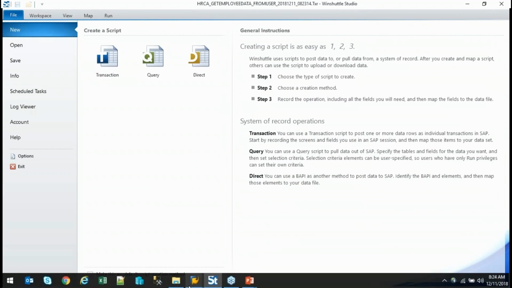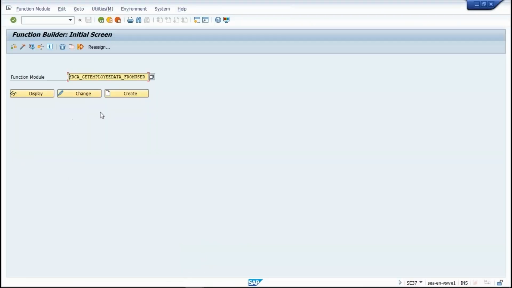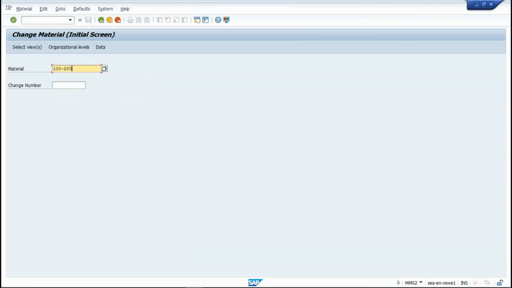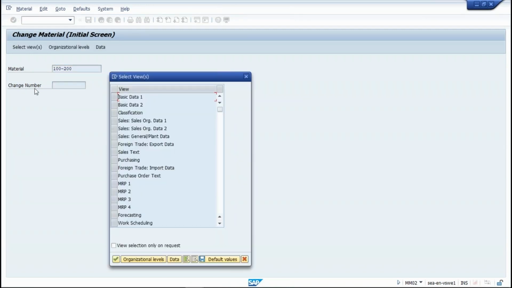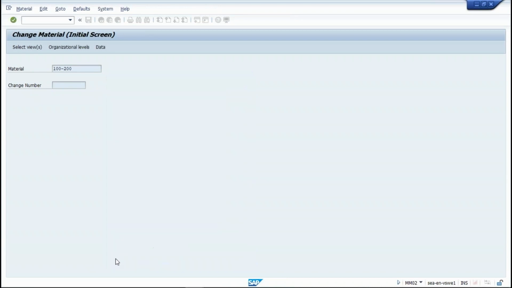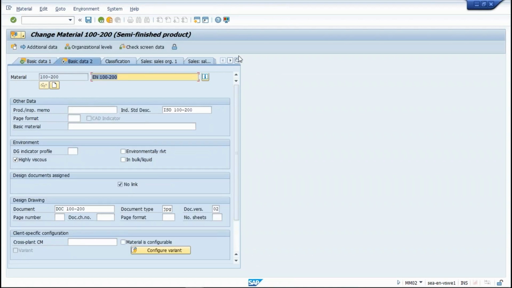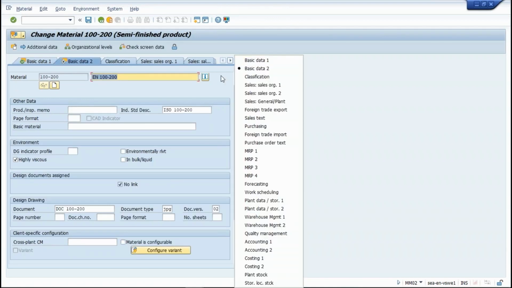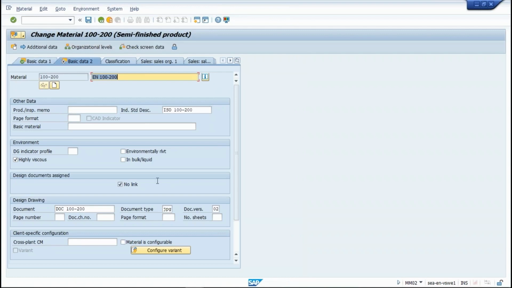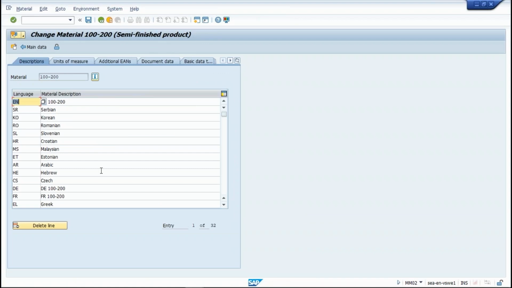So now I want to go to another example that's related to Material Master, and I would like to actually go to the Material Master first. So we've got a lot of different views that are defined for the materials. Some have classification, some don't. So we've got our typical basic data, sales data, plant, purchasing, all that fun stuff. And these are fairly simple to script in transaction. But if we come over here to additional data,